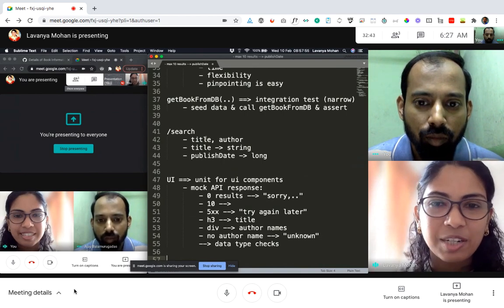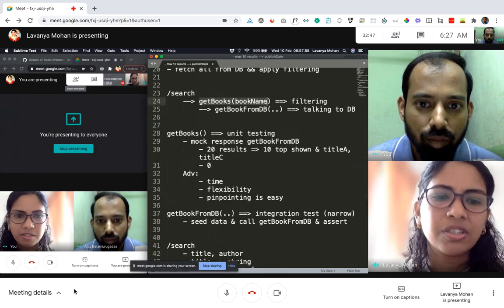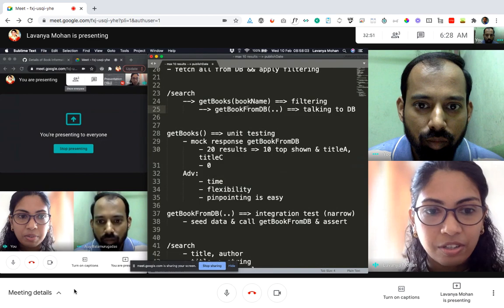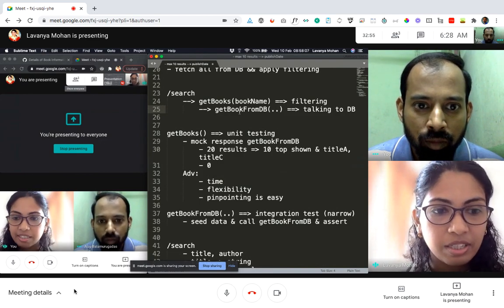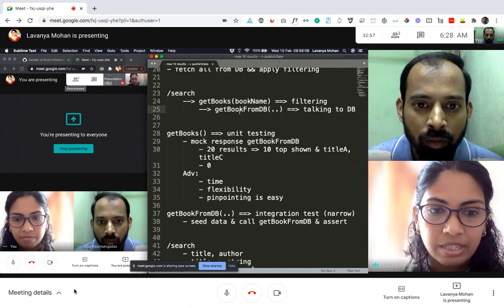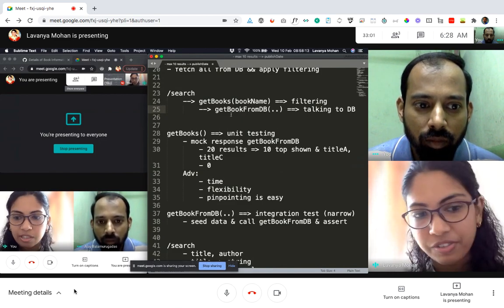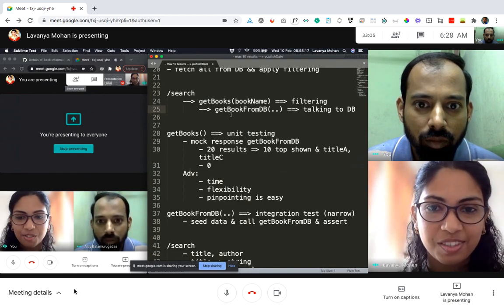We don't need to know the exact method name. For our convenience right now, we wrote these method names, but we don't need to know them. We can say, is this particular filtering logic checked? Is the integration with the database checked? It could be those kinds of generic statements. If you're looking at code, that's great. If you're not looking, it's also all right. We can still have those conversations.